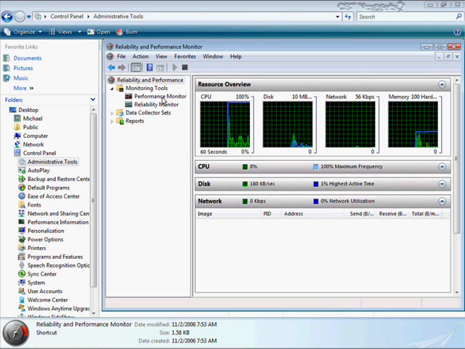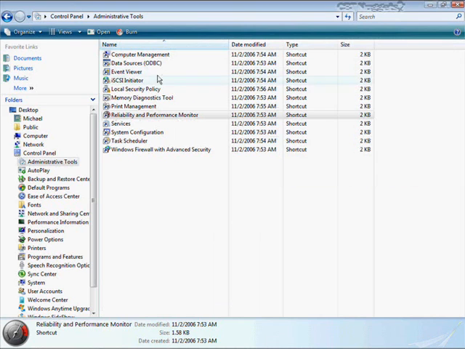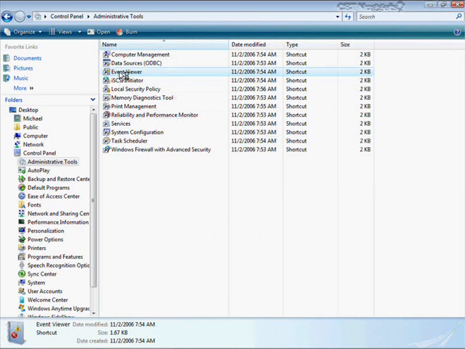And I could always connect to an end user station using RDP, or Remote Desktop Protocol, or Terminal Services, and I could monitor and manage a station remotely that way as well. If I'm done with this tool, I can always take a look at my Event Viewer, and this is my